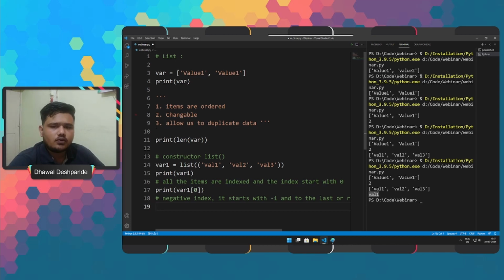So moving forward, we will check tuples. However, before we move to tuples, I would like to share something related to functions or methods. There are certain methods that we use with lists.